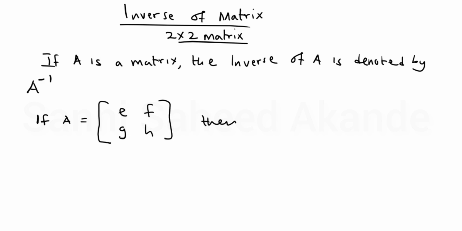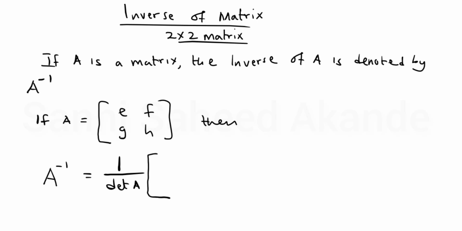The inverse, A raised to power -1, will be equal to 1 over the determinant of the matrix given to us, which is A, then multiplied by,